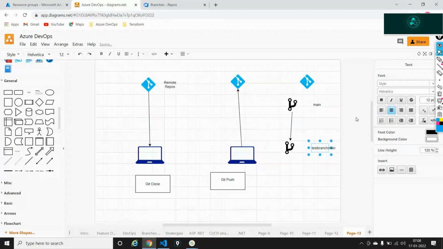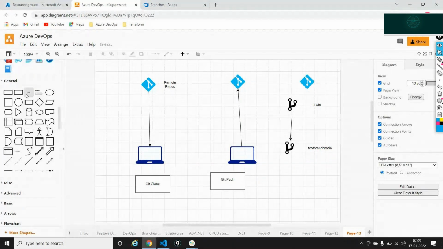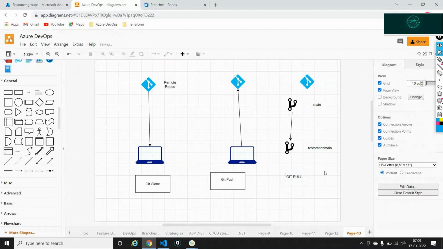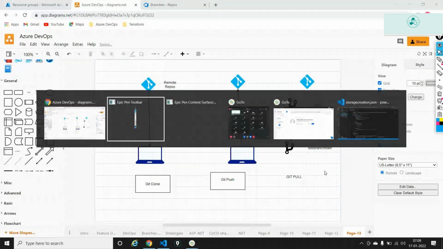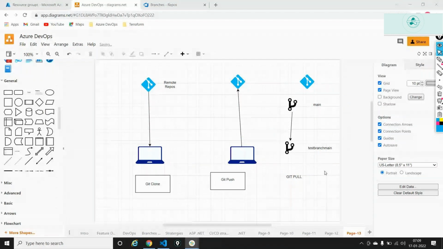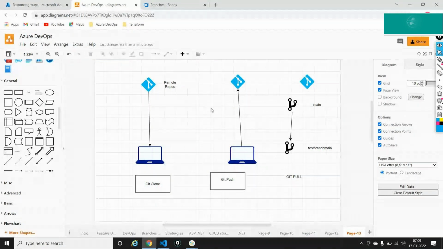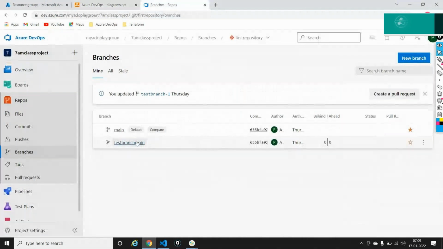This operation that I did on the cloud is called a git pull. Git pull is nothing but creating a branch from an existing branch, meaning you have an existing branch called the main branch, and you're creating a new branch from it, and this operation is termed a git pull operation. So we have a git clone, a git commit, a git push, a git pull, and after I pull the branch, I am going inside the branch,